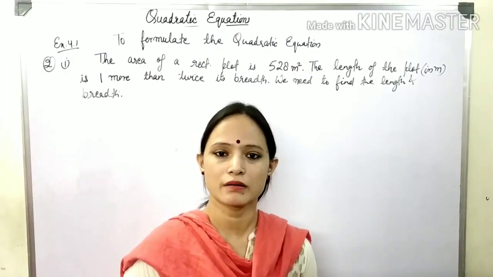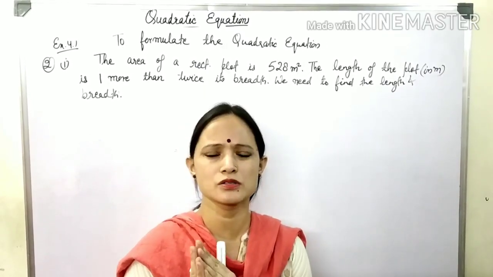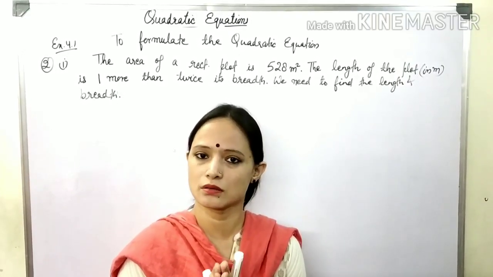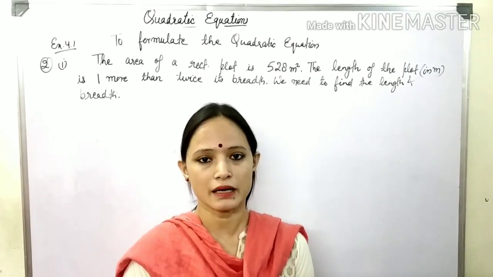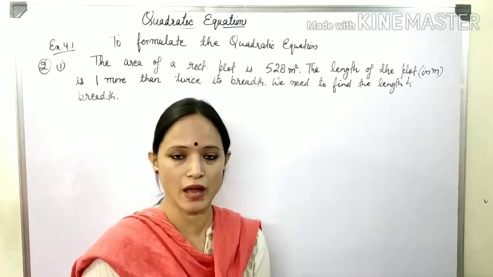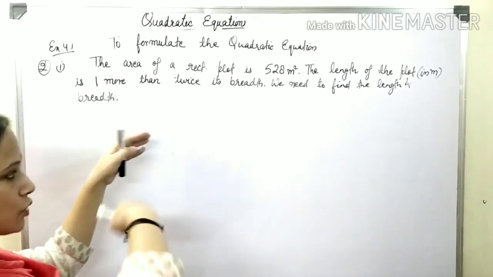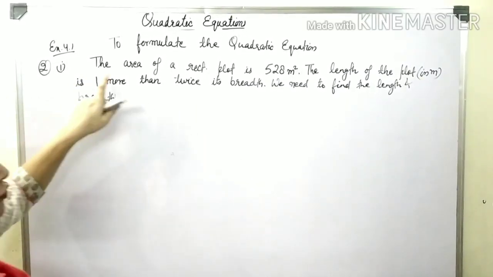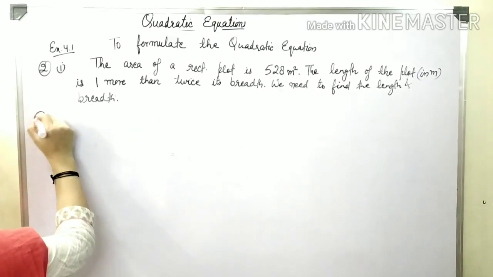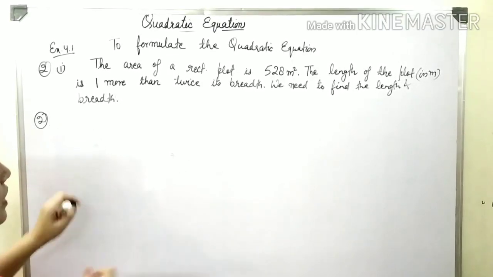We already know how to factorize the quadratic equation by splitting the middle term, which we have done in so many questions. So I hope you'll be able to factorize the equations very easily. So I'm moving on to the word problems where you have to frame the quadratic equation, because we have learned one method to solve the quadratic equation. So now we are moving back to exercise 4.1 where you have to frame the quadratic equation. We have already done that in the linear equation chapter, where you saw how we framed the equation. In the same way we have to frame it here also.